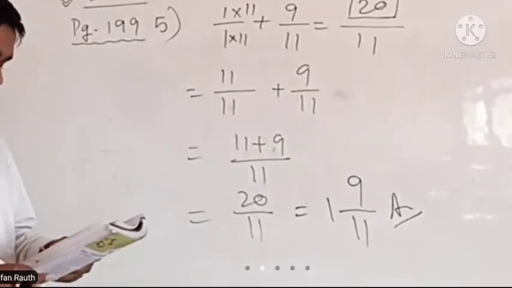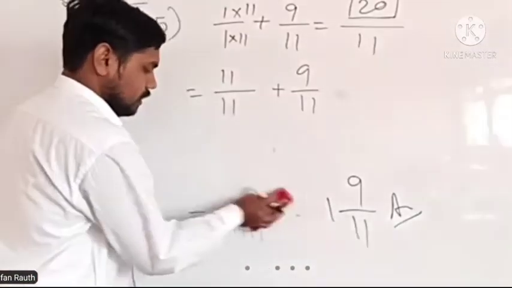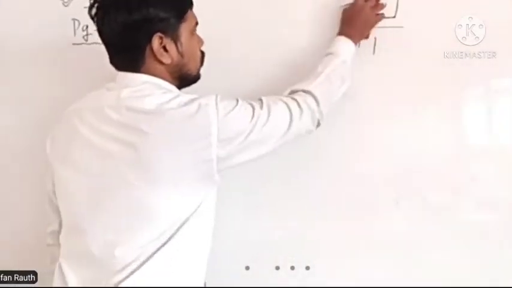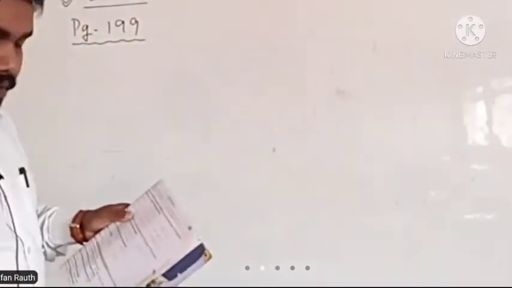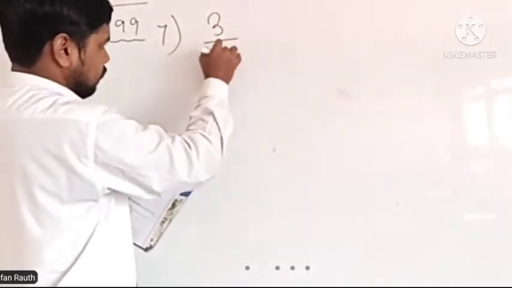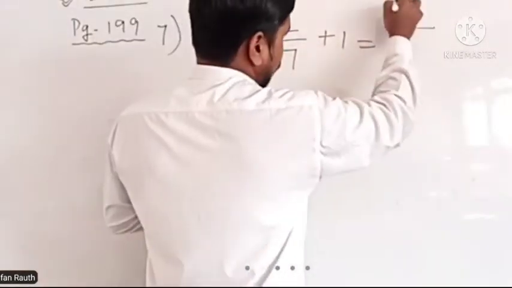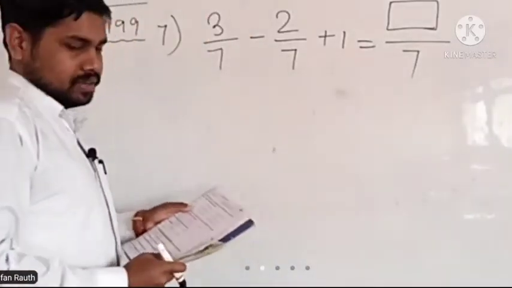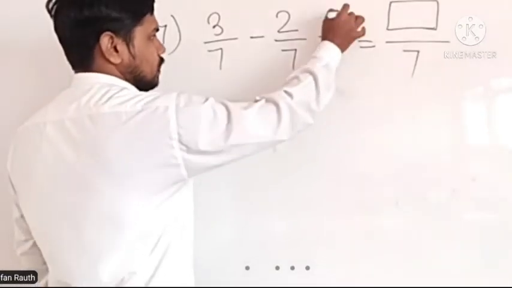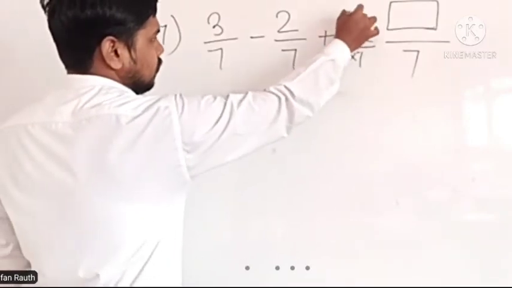Let us discuss the 7th or 9th. Okay, so the 7th has 3 fractional numbers, nothing else. So it is also similar, we just have 3 fractional numbers, so don't worry about it. Let us solve question number 7, everyone, and tell me the answer. So in 7 we have 3 by 7 minus 2 by 7 plus 1 is equal to dash divided by 7. So here you just need to check, because we said that if nothing is there in the denominator, it means 1 is there. So now you need to make this also 7. To make it 7, you have to multiply by 7 on both sides.